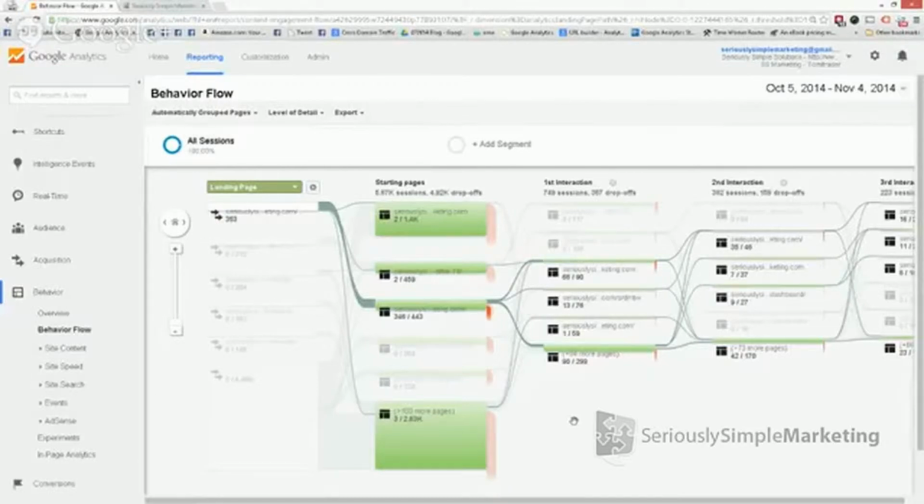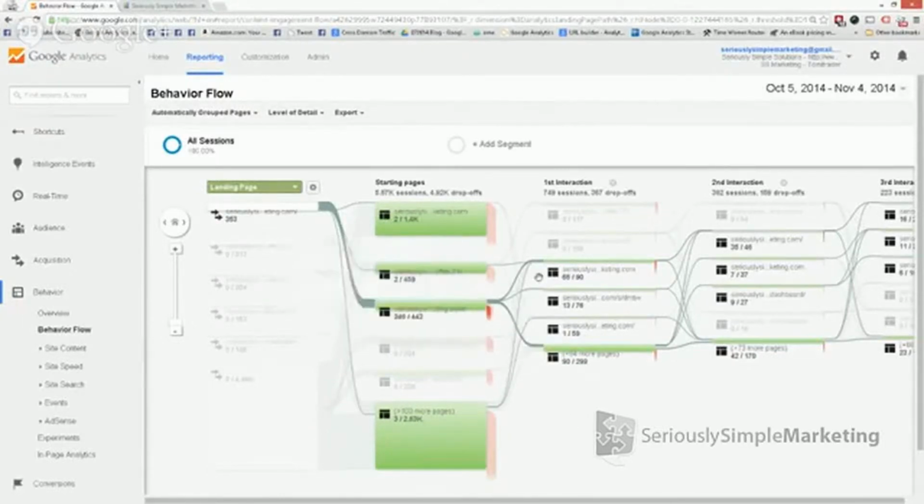Okay, so that means the sales page either created an objection that they're trying to find, or it didn't answer what they came to it for, so it's not meeting an expectation, or maybe it's just that the call to action wasn't clear enough, and the buy button was too hidden. They didn't know where to go, so they just went back and tried to find out the answer on their own. So it could be something like that.